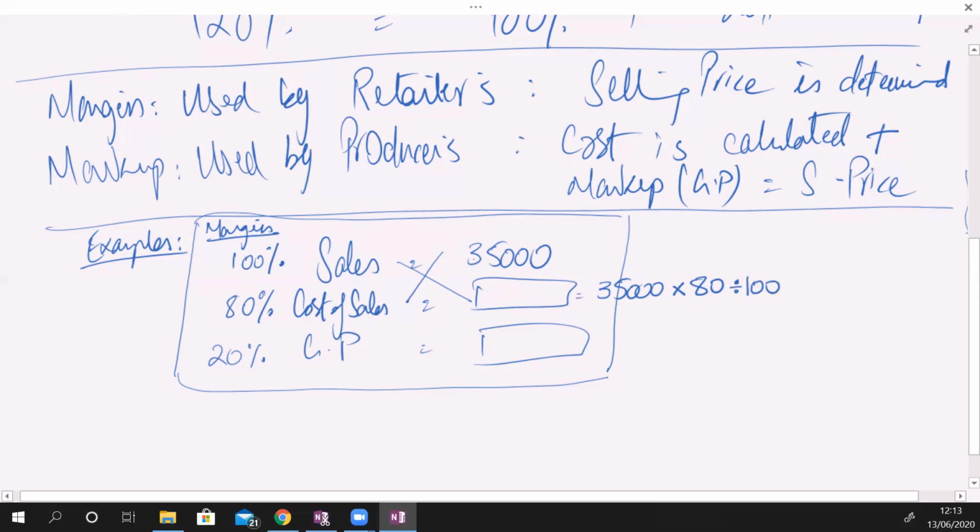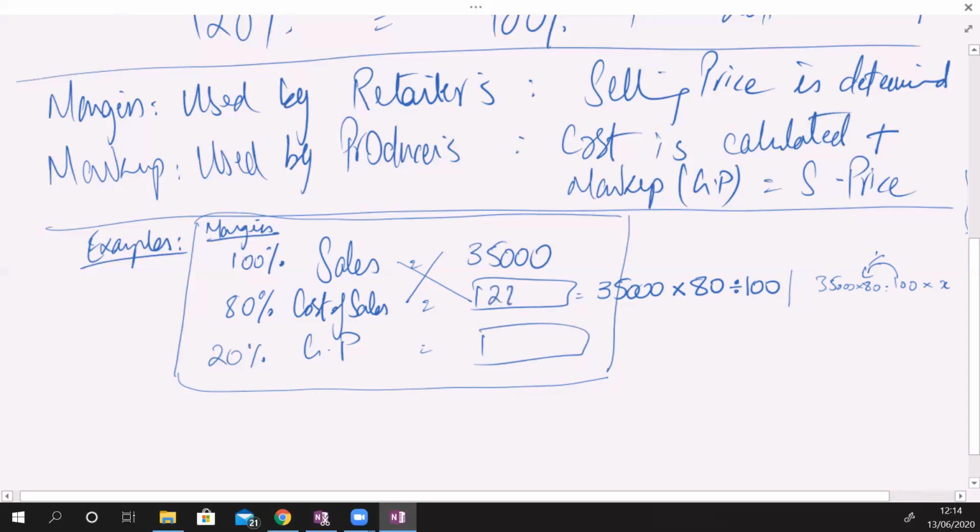35,000 into 80 divided by 100. Yeah, I think so, sir. Because you were saying 35,000 into 80 is equal to 28,000 into x over 100, right? Now when I shift this here, it will get divided, so exactly this way the answer will come. So the answer is